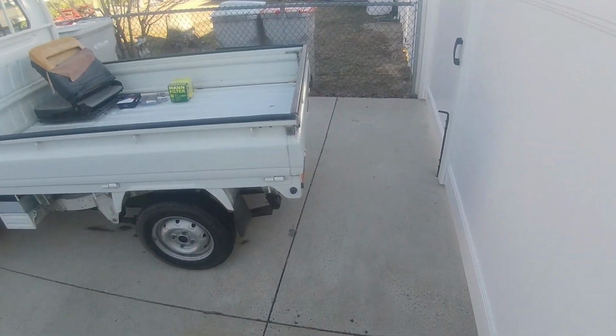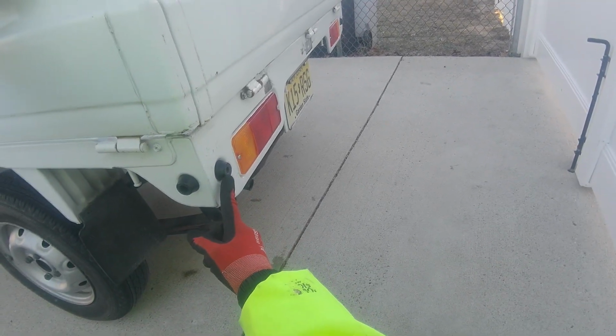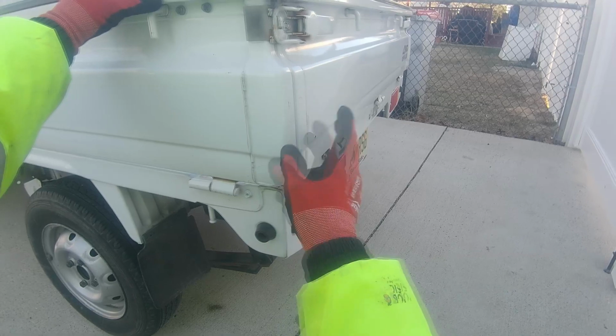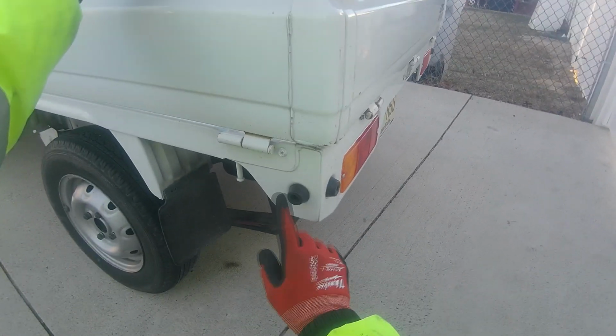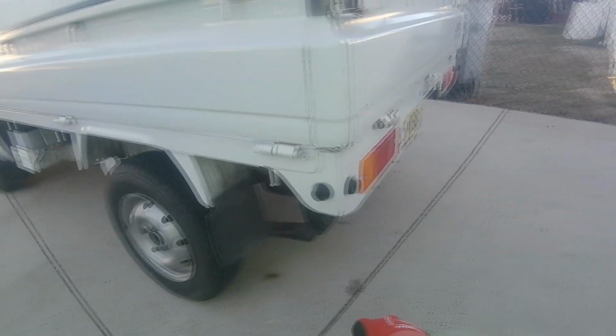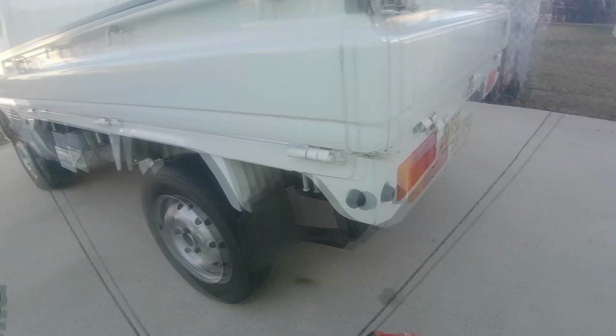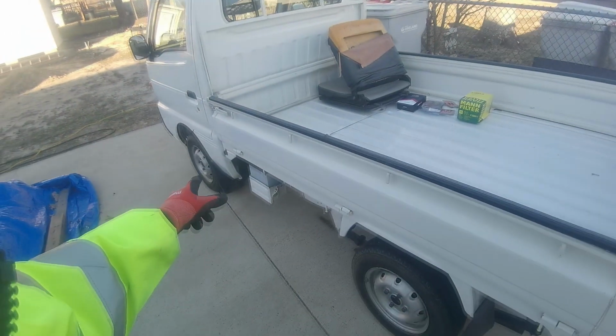In the next things on my list, I'll show you how I was able to replace these missing bumpers for the tailgate, where you can get them through Amazon pretty much here in the United States. They're pretty much identical in specs, but just a slight variation. If you're missing any, the only thing is they'll only work on the rear. They won't work on the front,